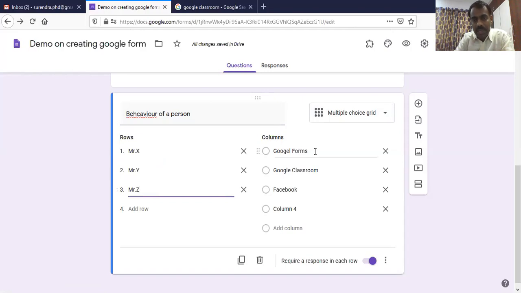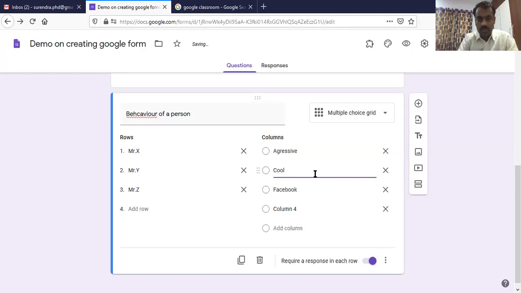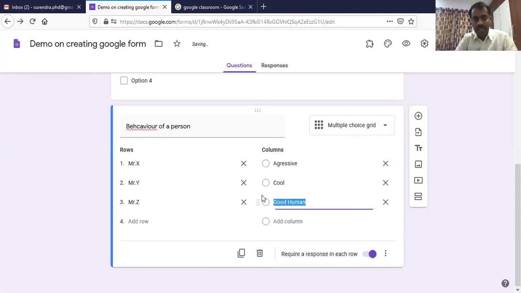Now in columns, we'll write their properties. For example, very aggressive, or cool nature, or good human being, and so on. If we keep on writing this, then for Mr. X, these three will be there, and we have to select one of them.